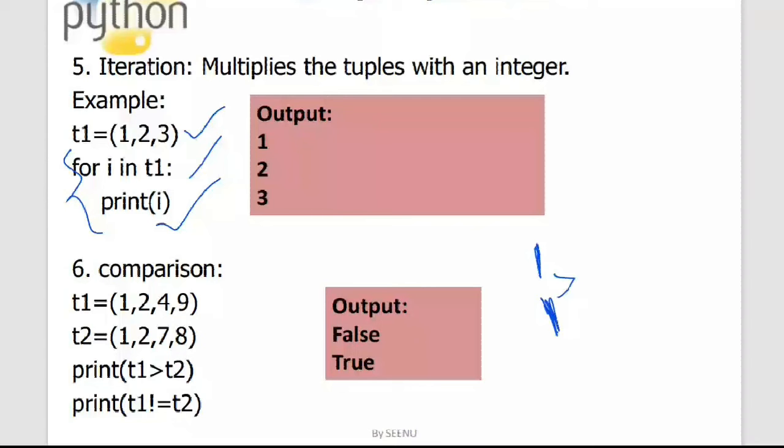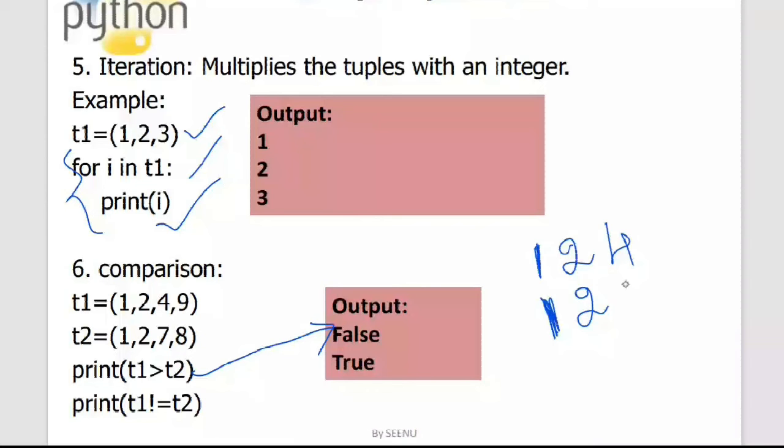Now we'll check for not equal to. So T1 not equal to T2. Now what it will do, it will check for the first two items. 1 and 1 is equal, so it will ignore this and go to the next elements from the two tuples. What are the next elements? It is 2 and 2. So they are also same, so it will ignore. Now it will go to the next elements. The next element is 4 and 7. 4 is not equal to 7, so yes, it is true. So the two tuples are not equal, and it is returning me a true over here.